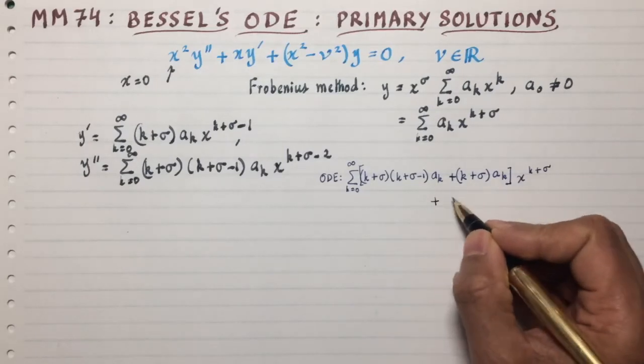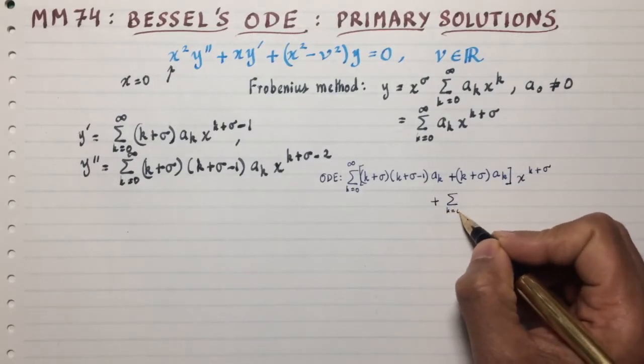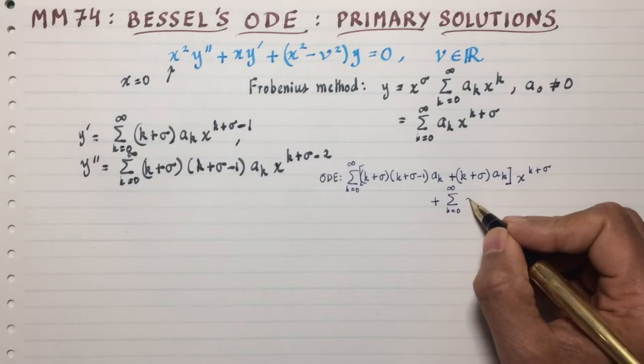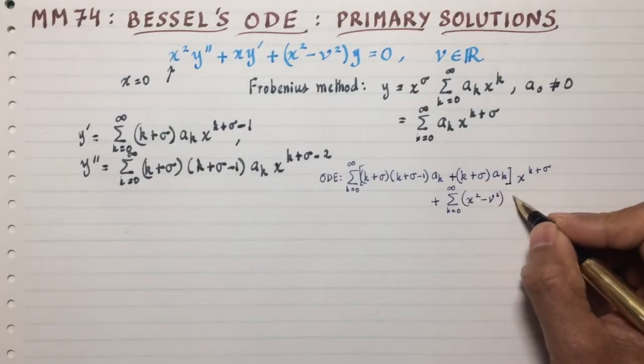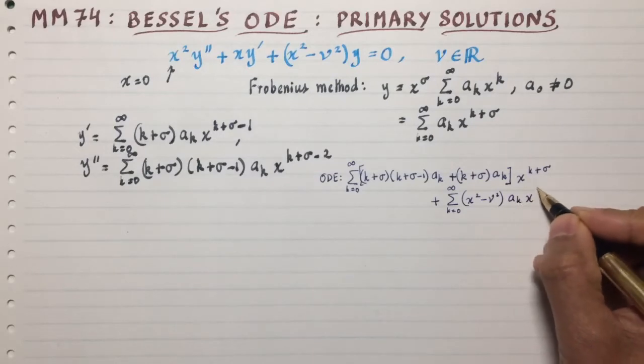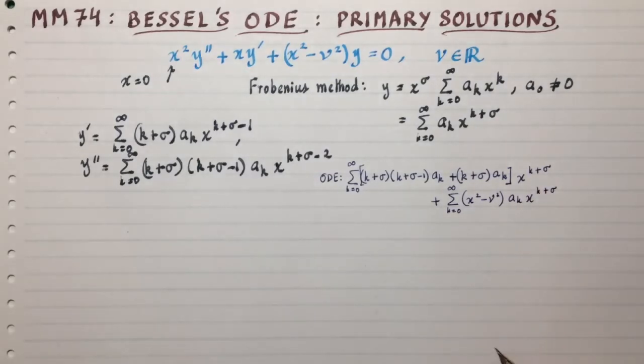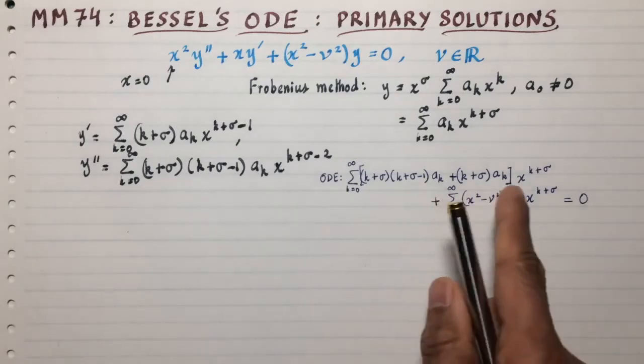And then I have the sum k equal to 0 to infinity of x squared minus nu squared times a_k x to the k plus sigma. So this is equal to 0. This is Bessel's differential equation, and now we have to make sure that the coefficients all respect this,